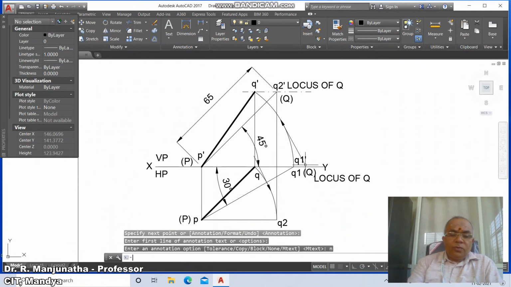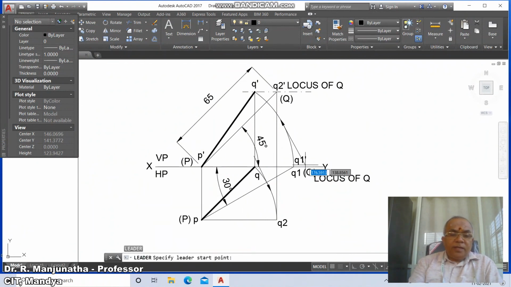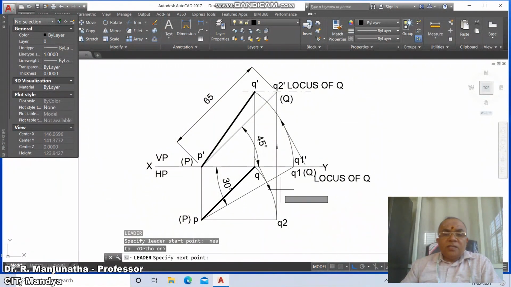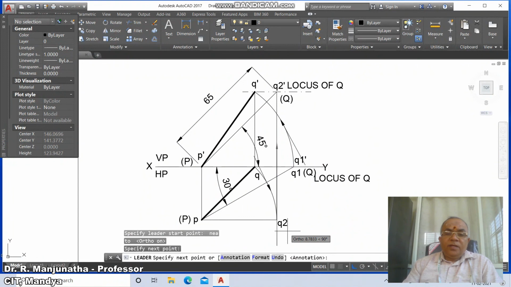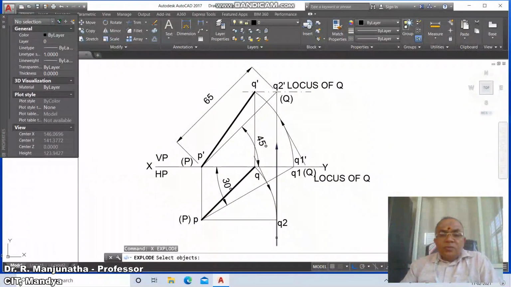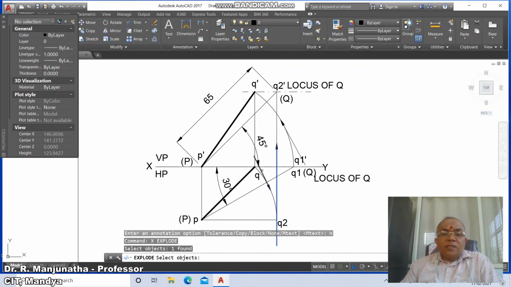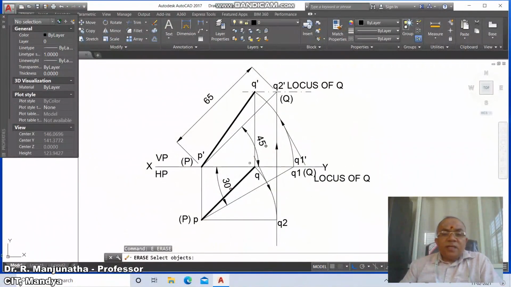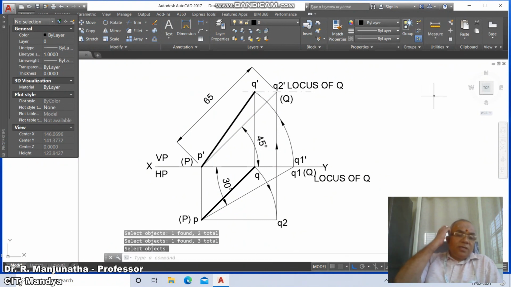Similarly, you just go to leader nearest on this. So now we're going to keep the ortho on. You select this and drag it in this direction. Annotation, option, none. So go to explode. You select this and this and this and explode it. Then go to erase. Erase, select this line and this line and this line. So this is how you will be able to create this particular drawing.